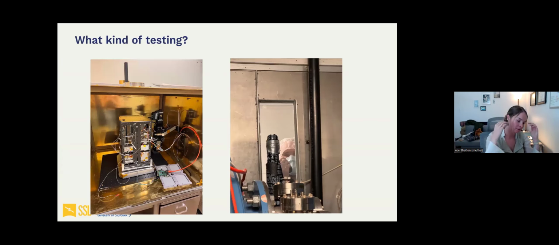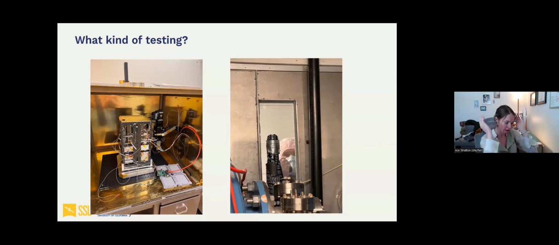Then, once you test all of your instruments, you have to put it all together. And when you put it all together, you can see here is SHARP. Can you guys see my mouse? You can just nod. Okay. So you can see SHARP here. You can see all of those avionics I was talking about down here. And then we have our big structure. This is where our beam line is. And then we have a little square there in the corner, and that's MEDEA. So we put everything together, and now we need to test the whole system all at once.